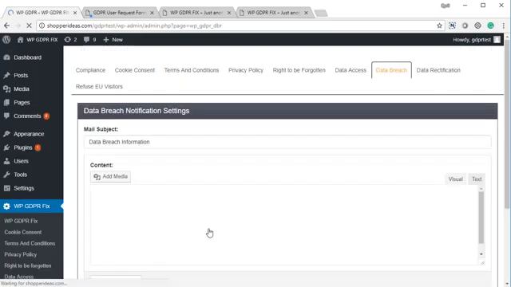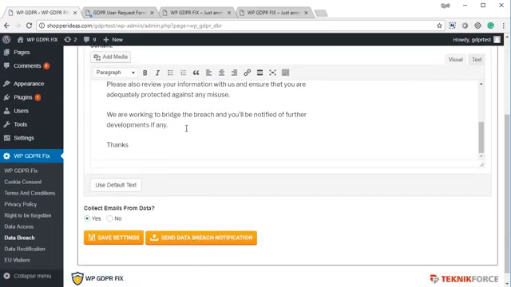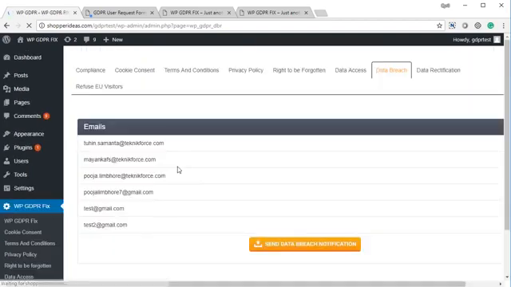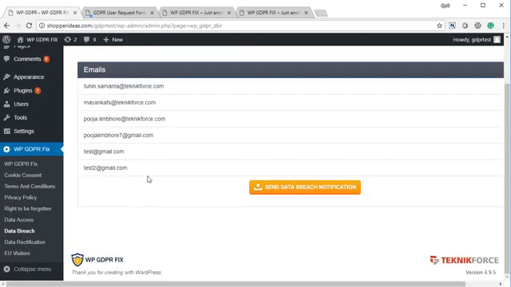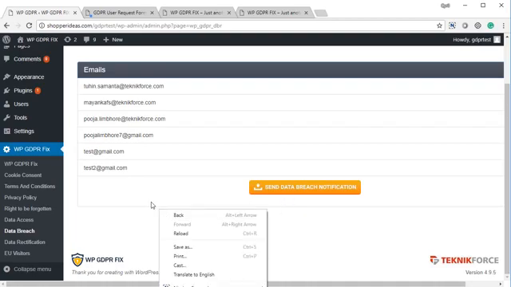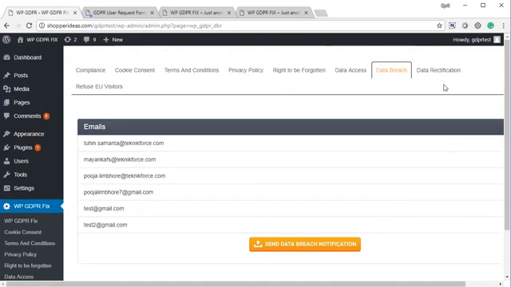So click on save settings to save your message, and if you want to modify it, you can. Whenever you are ready to send a data breach notification due to any bad circumstance, click on it, and you'll be shown a list of all the people who will receive a message from you because they are the users of your WordPress setup. And when you click on send data breach notification, they will all get the message from you about the data